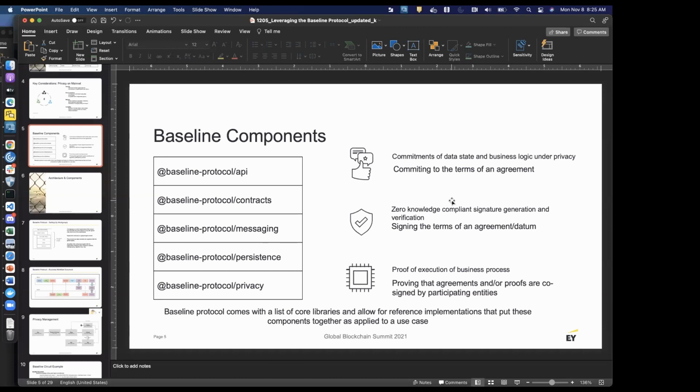So starting from the top, we have these five packages, or these five components, which are some of the critical components of the baseline stack. It starts off with API, which is around creating